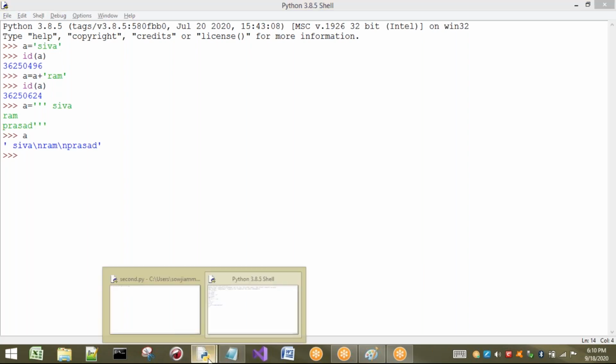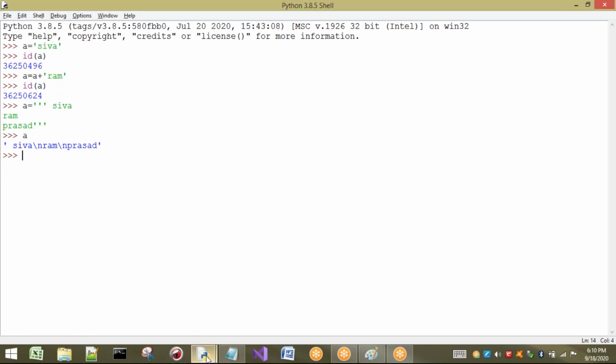If I execute the same thing in a program, you can observe what happens. a equal to, I am going to write a string in multiple lines. It is going to print Shivaram Prasad in multiple lines. So I take print a.